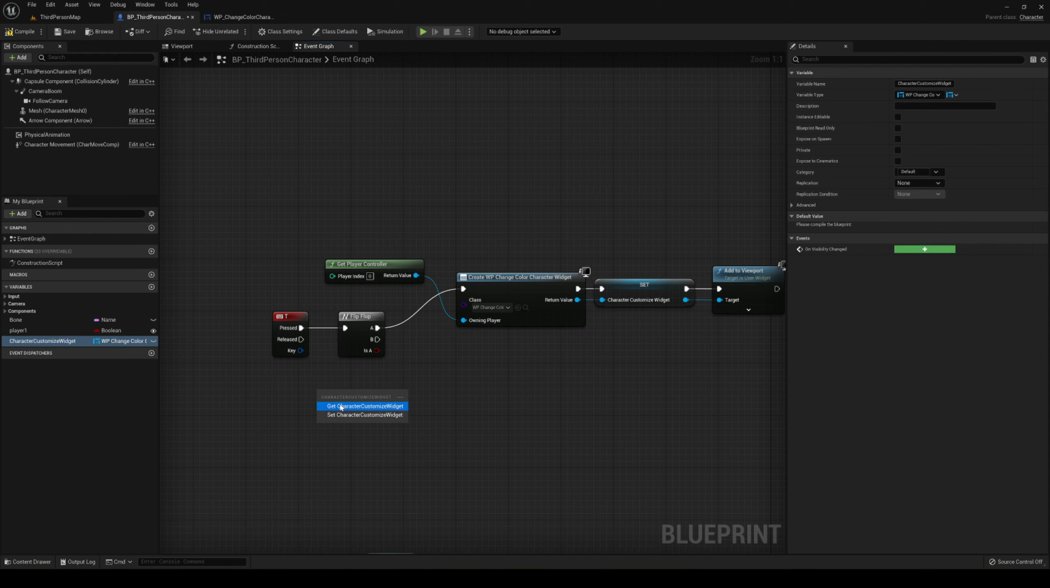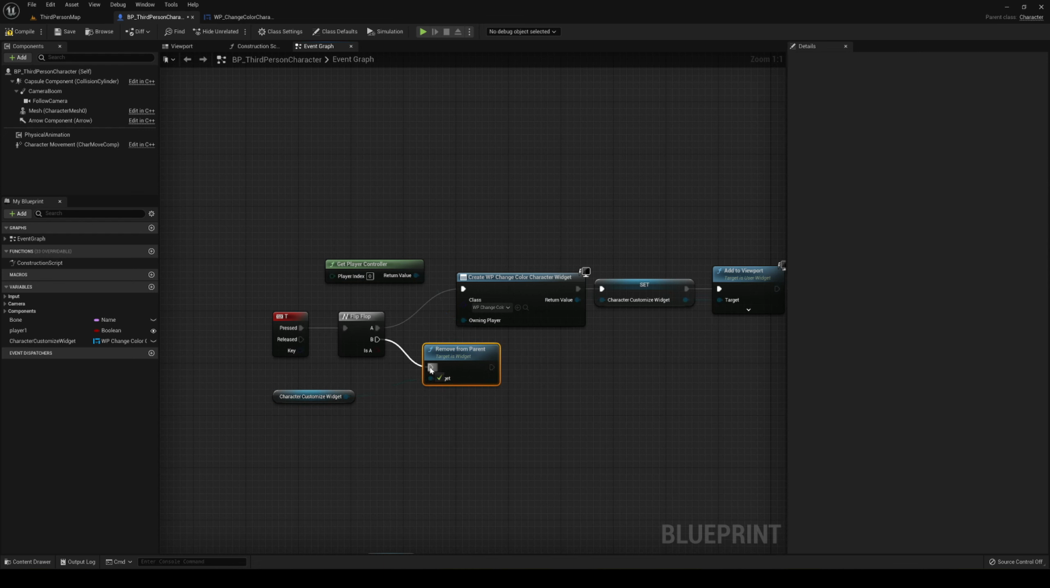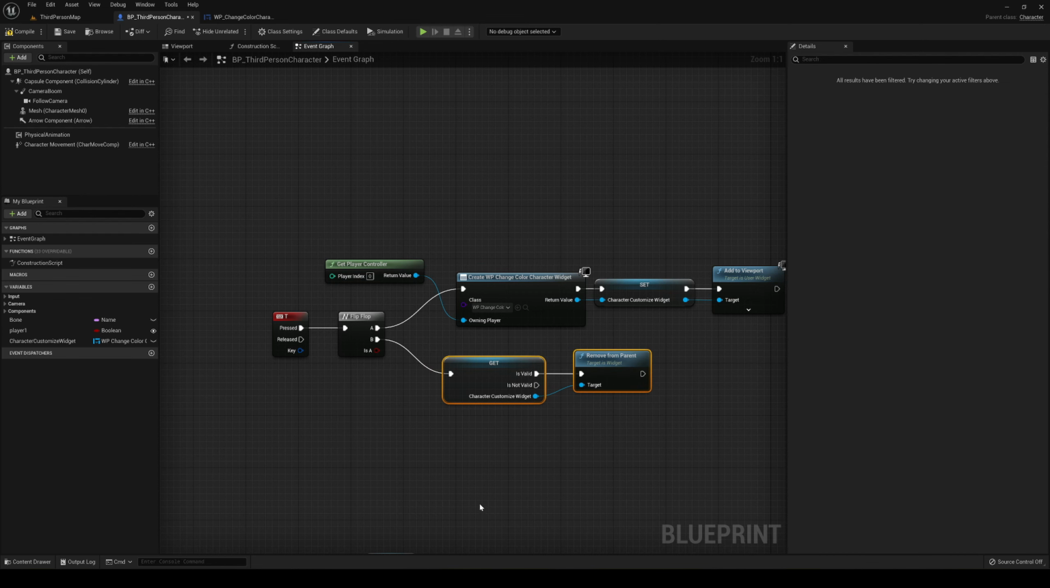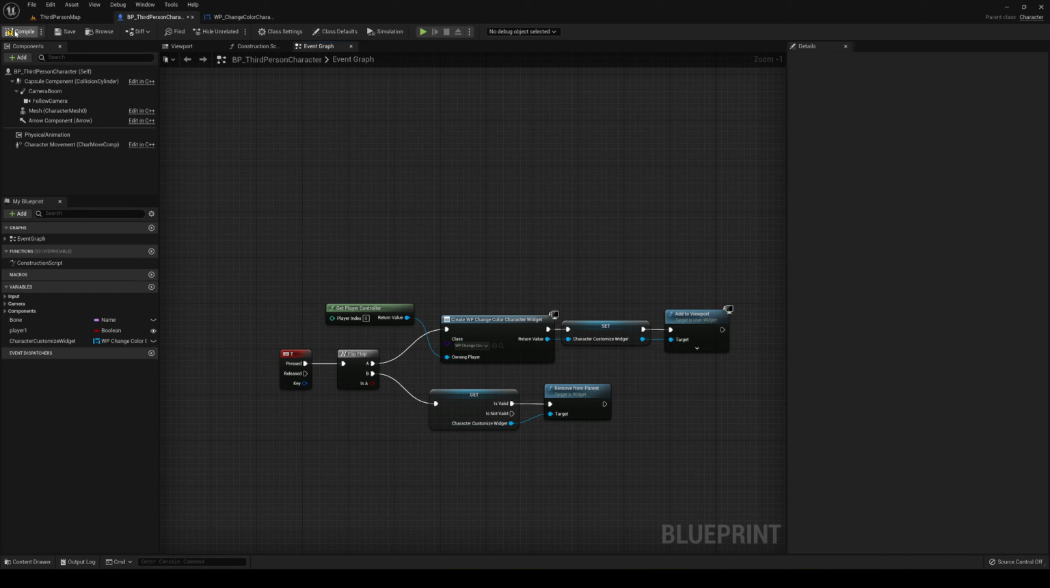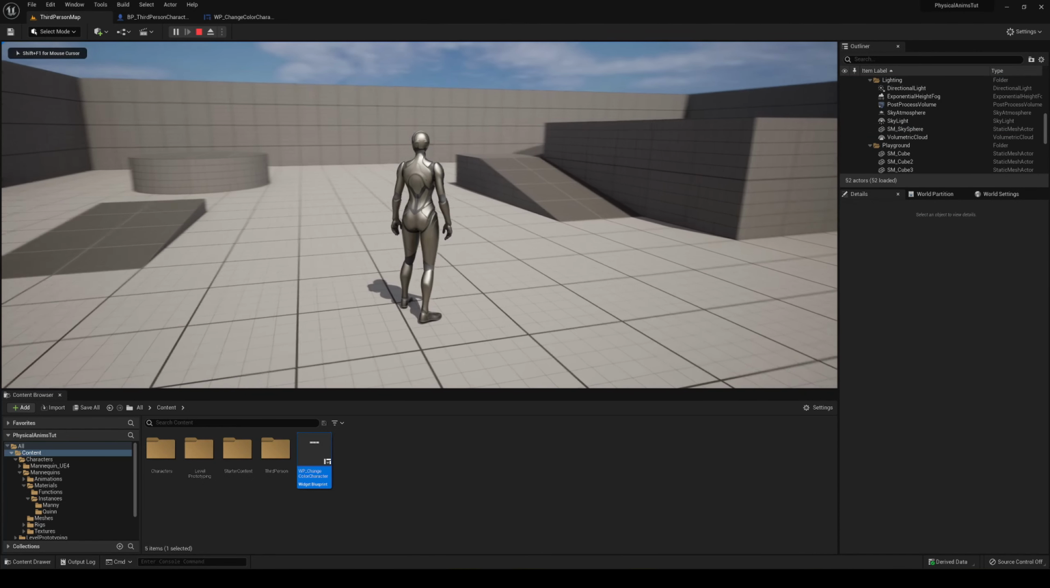So now we can drag from here, get it, and then we can just remove from parent, and it will just remove the widget. And now for extra safety, I'm going to right click on this and create an is valid on the get. So now it will only do this if the variable is assigned, so we don't have errors if ever the workflow fails. So now we can just compile and save, press play,